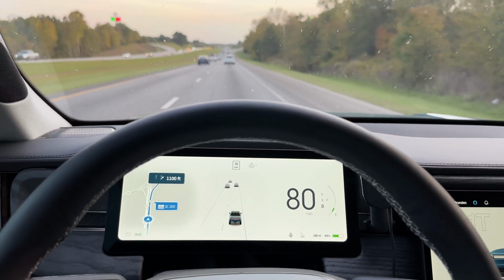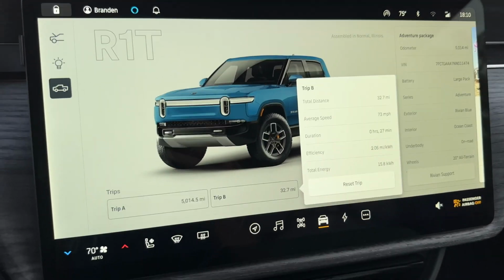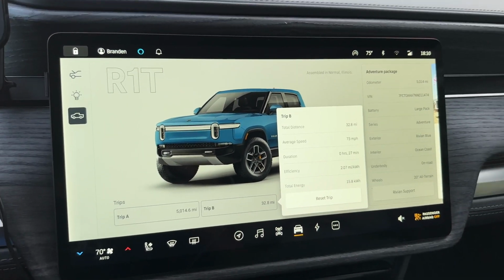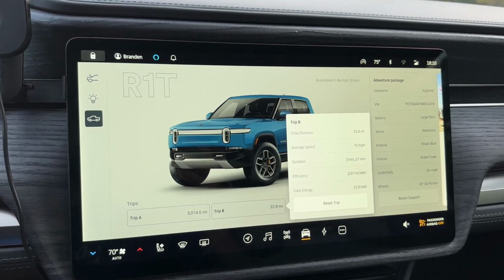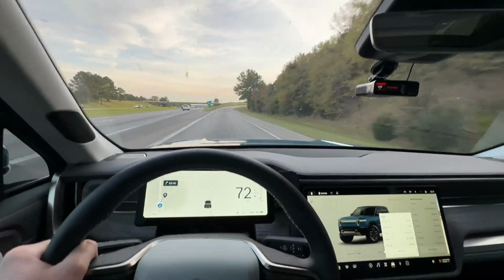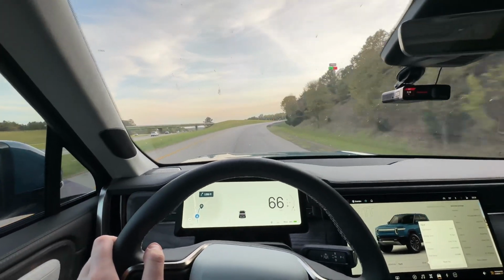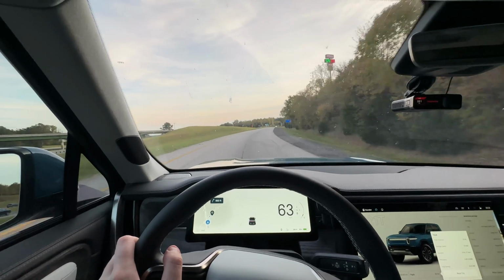And just about to exit here in Winsboro at the halfway point, the turnaround. 73 mile per hour average speed, 27 minutes, 2.07 mile per kilowatt hour. Bit more traffic than I would like. We're at 60% state of charge, so I don't know how 100% I feel about this run